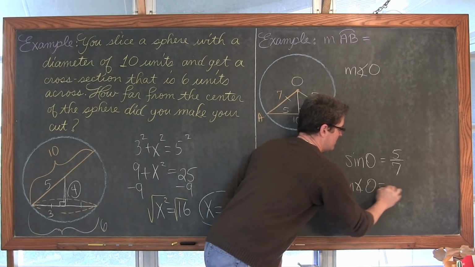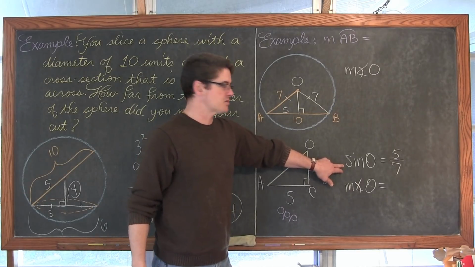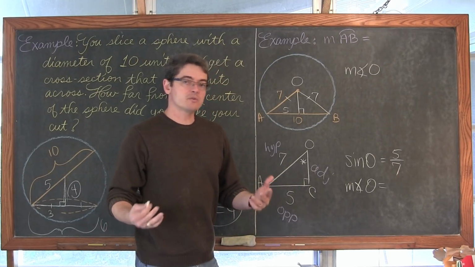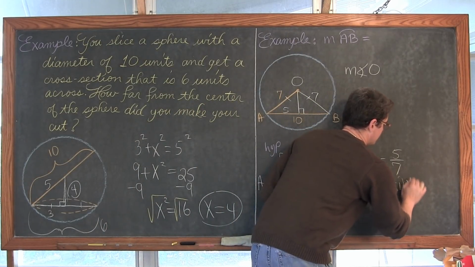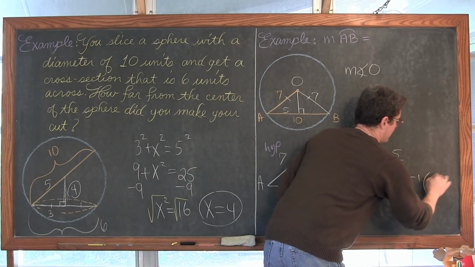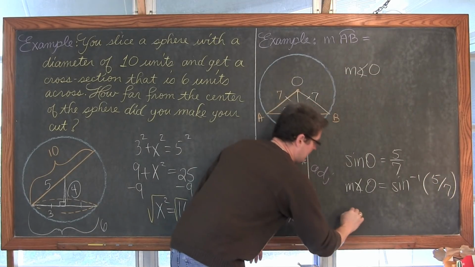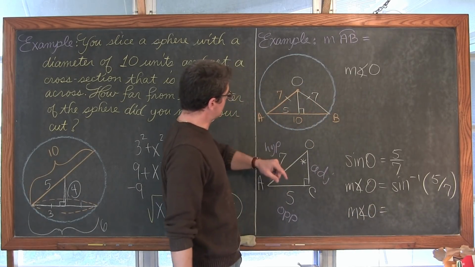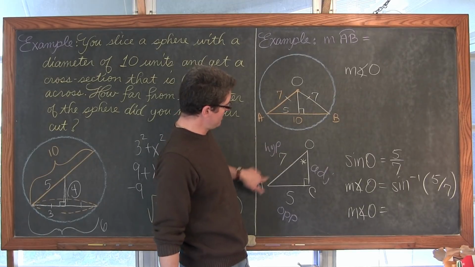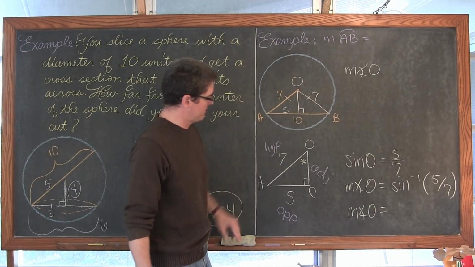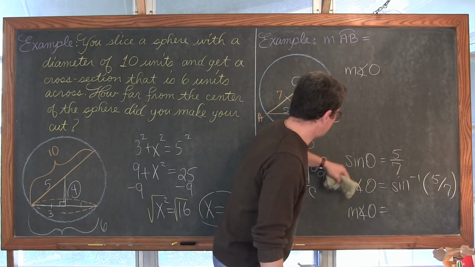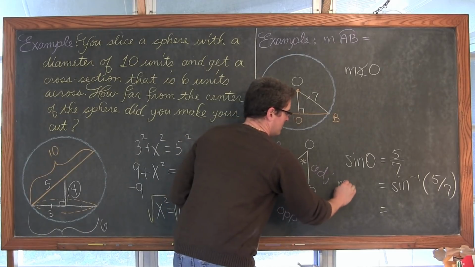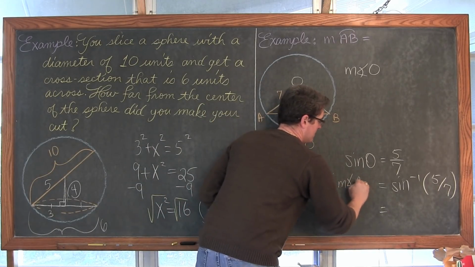The measure of angle O is going to be equal to, I want to get the sine function away from angle O. Well, that means I have to do the inverse math operation, or inverse sine. So the inverse sine of 5 over 7 is what we need, and that means the measure of angle O is going to be, actually, I need to correct that because I need to be saying AOC because I marked off O as the whole thing. My labeling is not very good here. So let me take this out. We'll call that measure of angle AOC.